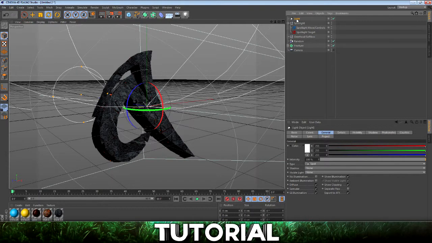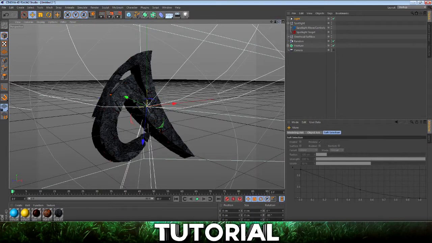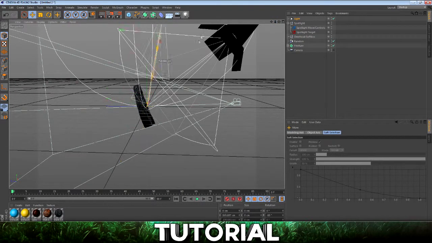So first of all, I'm going to use the spotlight, and if you hold shift, you'll get a good 10 degree rotations. I usually put mine in 80, and then let me get to a side view. I pull it up like this,